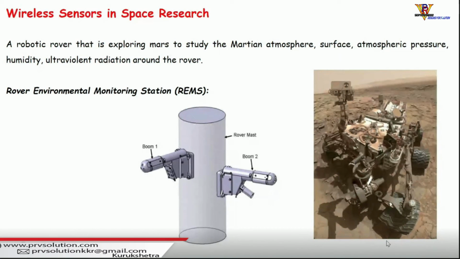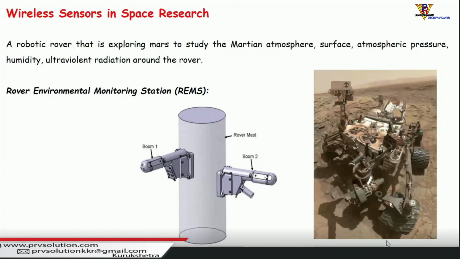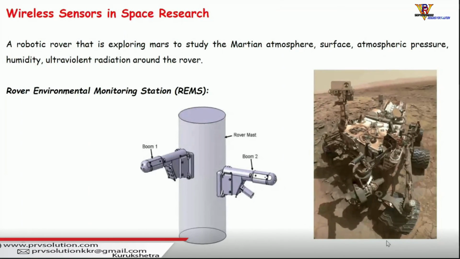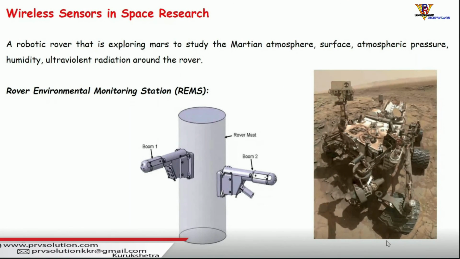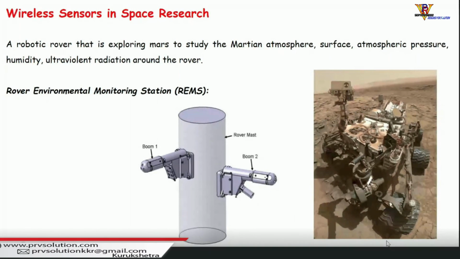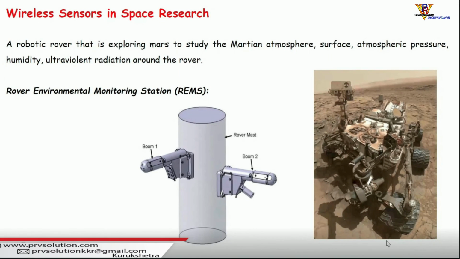A suite of infrared sensors on one of the booms, for example boom 1, will measure the intensity of infrared radiation emitted by the ground, which will provide an estimate of ground temperature. These data will provide the basis for computing ground temperature. And the sensors inside boom 1 will be used for that. A sensor on the other boom, boom 2, will track atmospheric humidity, and both booms will carry sensors for measuring air temperature.